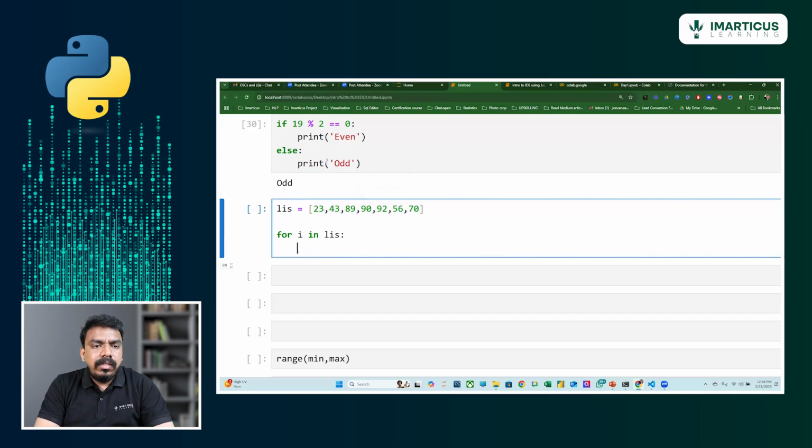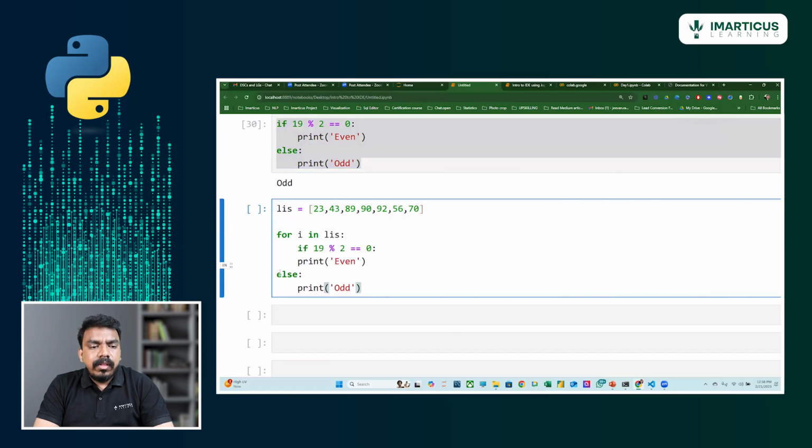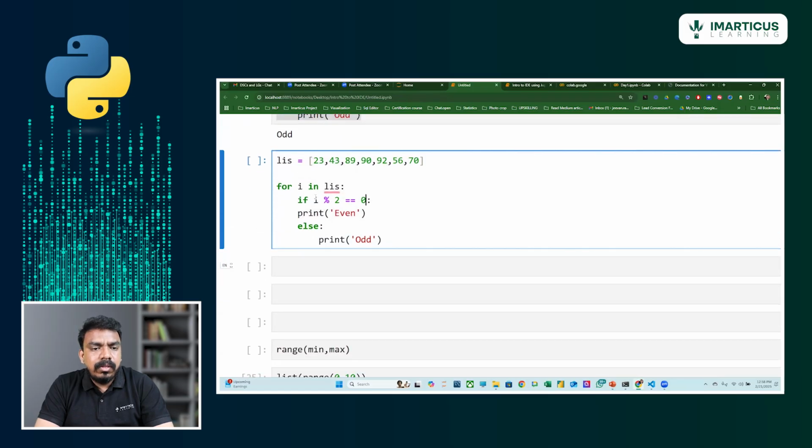So here you are writing the same condition. Rather than writing it, let me copy it and paste it here. Rather than writing 19 here, what can I do? I can just specify this i, that is nothing but the item that is present inside the list, right? Initially it will be 23. Whether 23 mod 2 equals 0 will be true or false? The output will be false, because the remainder won't be 0, right? The remainder will be 1. So if I execute this,